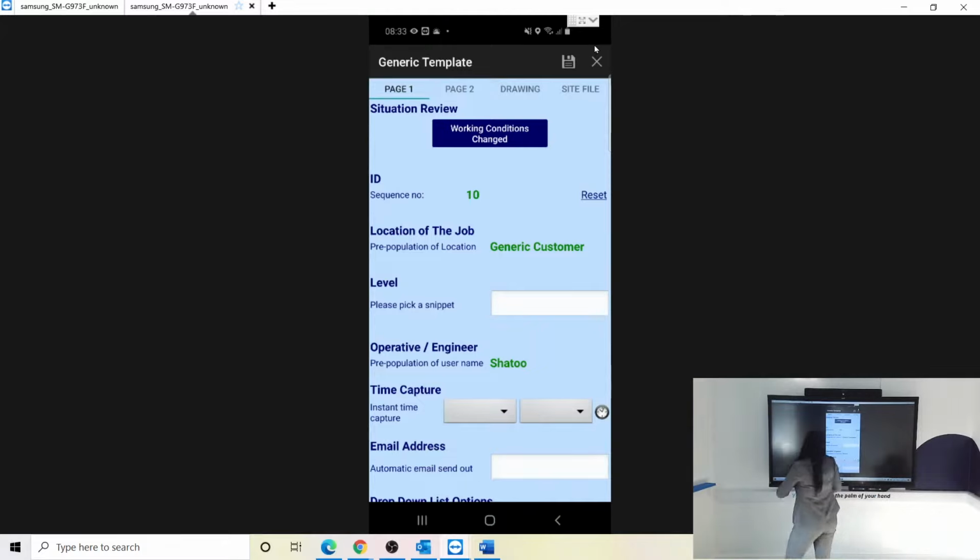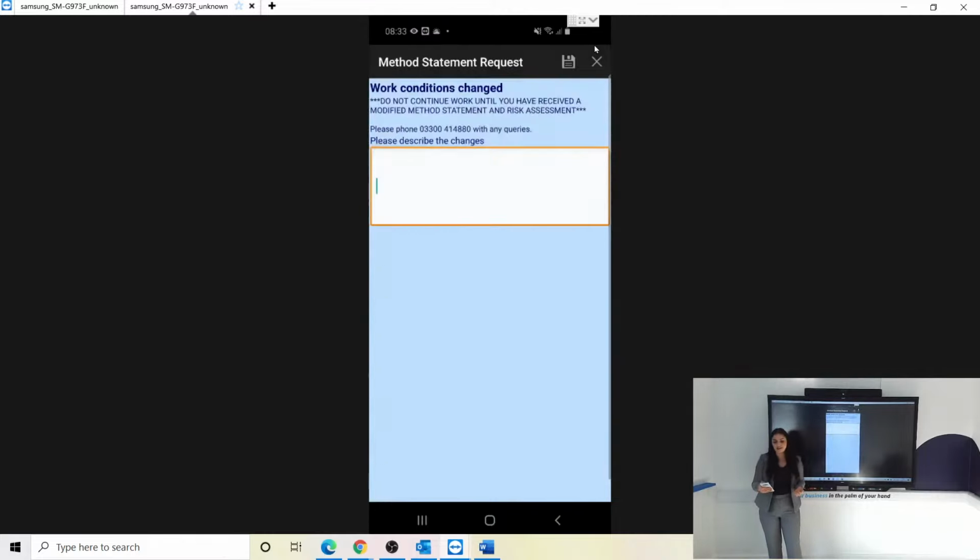As we can see, initially right at the top we have situation review. The situation review comes in if your operatives are on site and for any reason there is a risk that they found when they've arrived on site or the working conditions have changed. They have the ability to click on working conditions changed and you can have a personalised business message on this screen. For example here, we've put do not continue until you have received updated accepted method statements and risk assessments